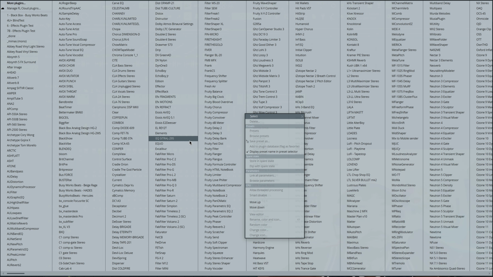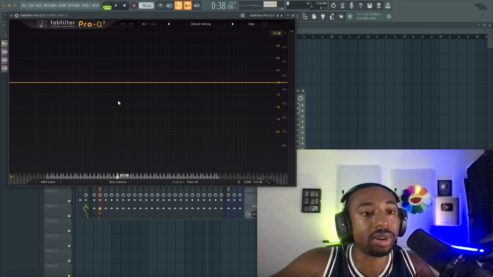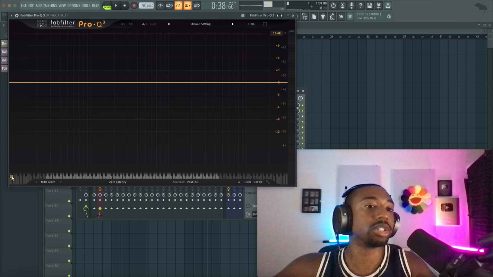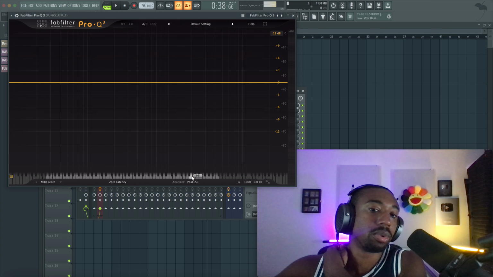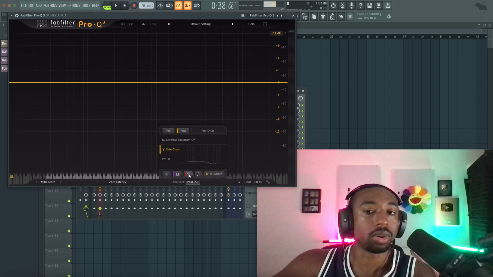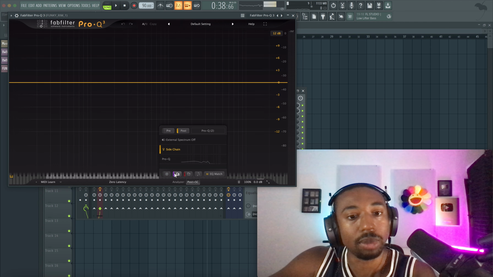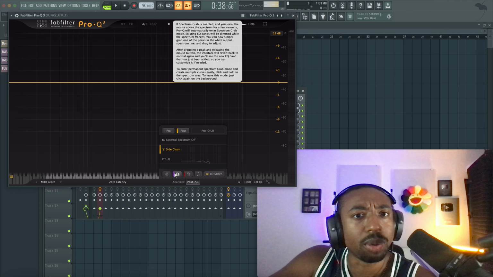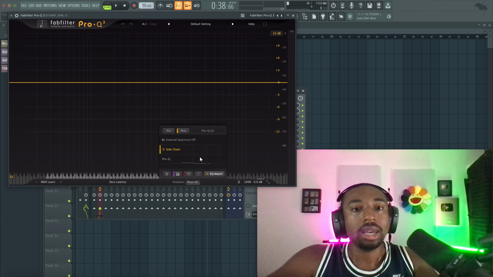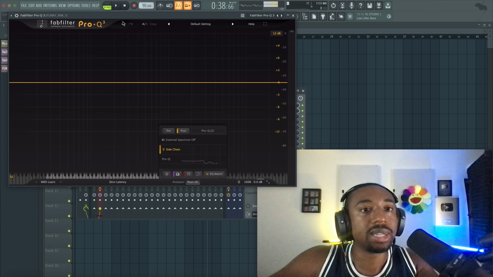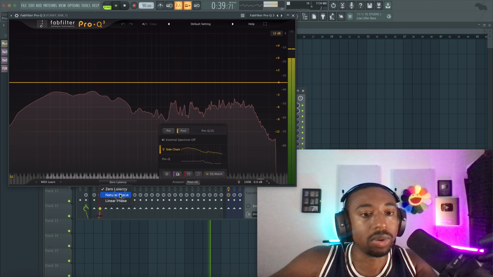Nextly, let's add a FabFilter Pro Q3. This is my favorite EQ, period. It shows you values in the bottom left. Click this keyboard. Another thing is go to analyzer mode, turn on collision mode. This will tell you where frequencies start building up in one specific spot. I also have this other mode on, which is the purple spectrum grab. All right, so the way we do this basically is I switch the mode here to natural phase.